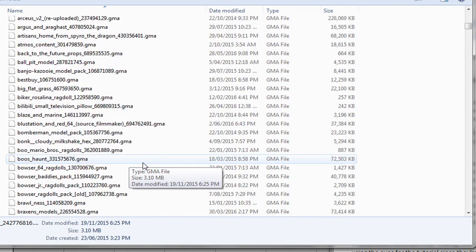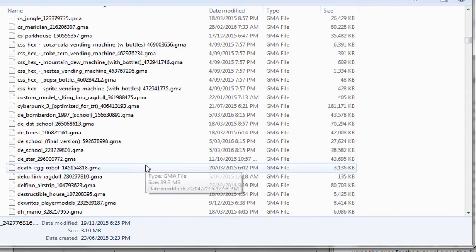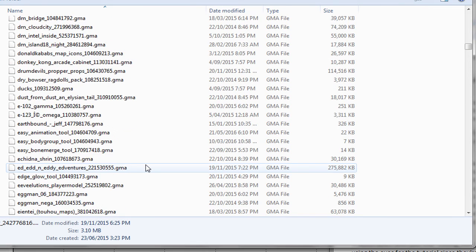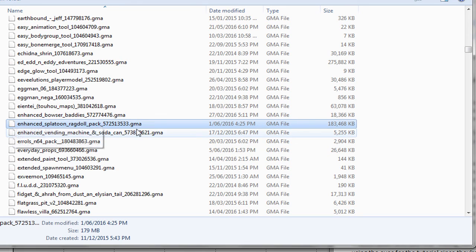So right now, I'm just going to scroll down through my ginormous list of ragdolls and maps and stuff. I've got a lot in here, and I'm warning you of that right now. Lots of Gmod users do. And I found my ragdoll pack. Now you technically could do this right here and now, but